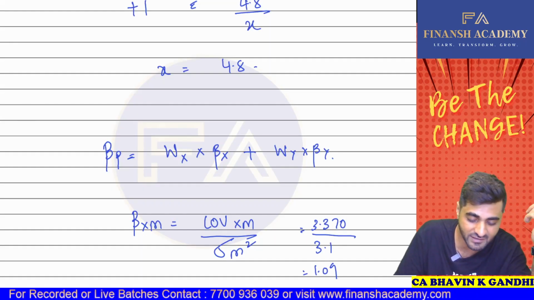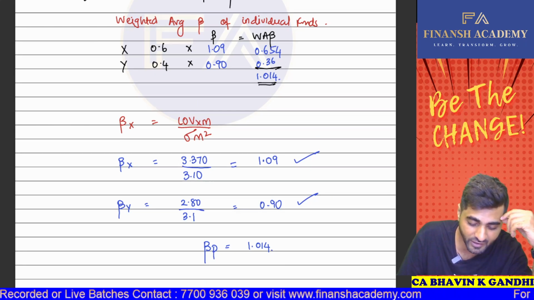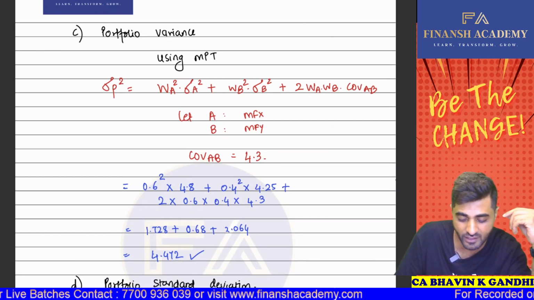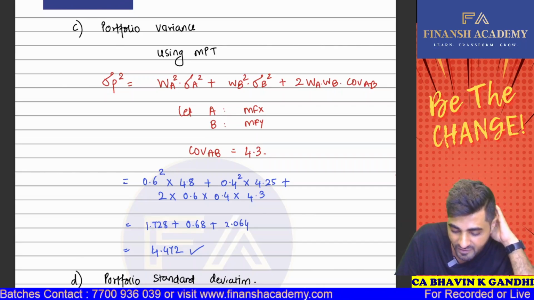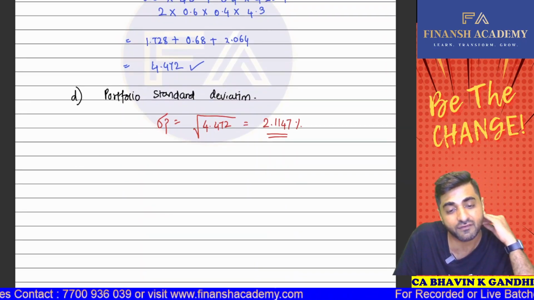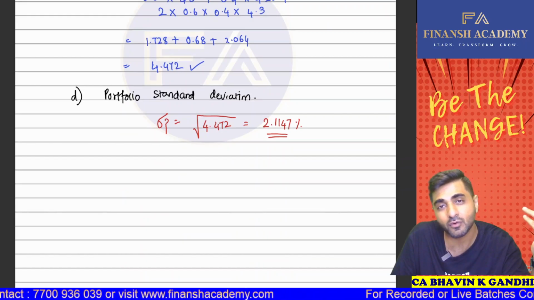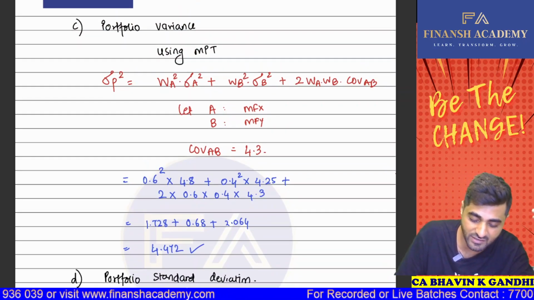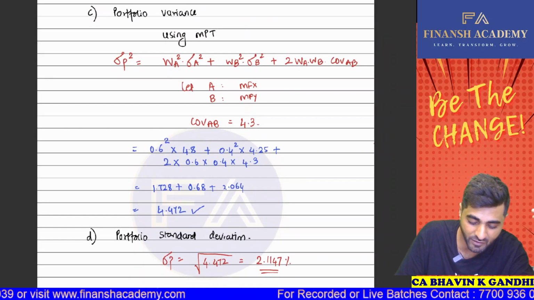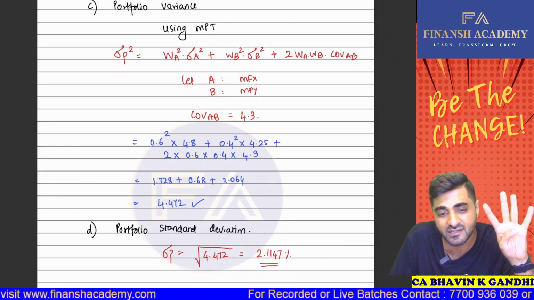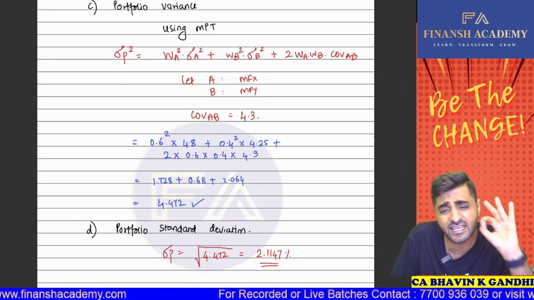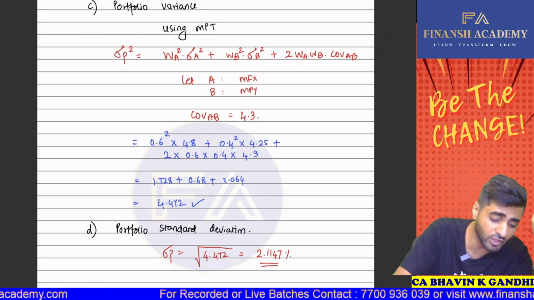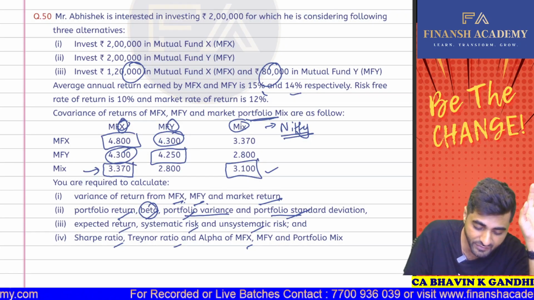So it's very important for us to now understand that we can calculate this by using your MPT, and this will give you finally 4.472, and if I take the root of it, we'll be getting the portfolio standard deviation also, which is 2.1147. So this is your completion of the second part of the question, in which there were 4 subparts. So we have revised each and everything very clearly here. Okay. I hope you all are okay with this much part. And then